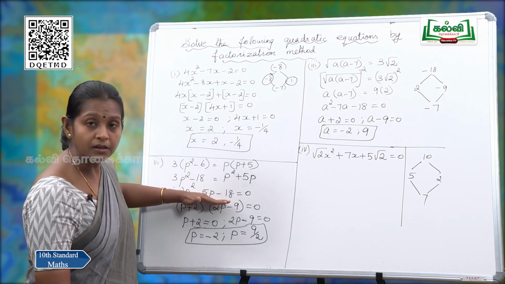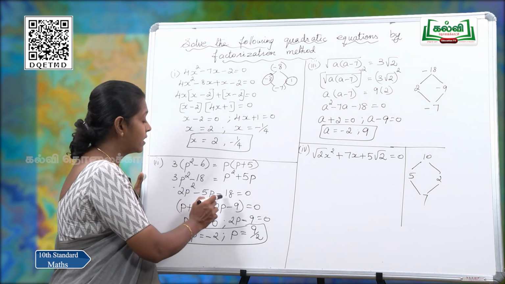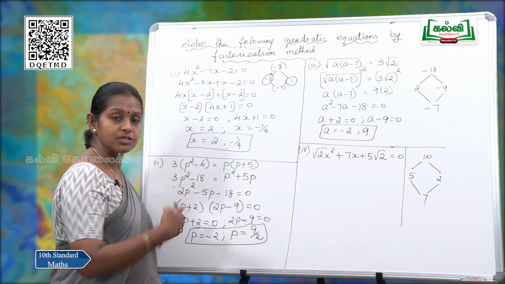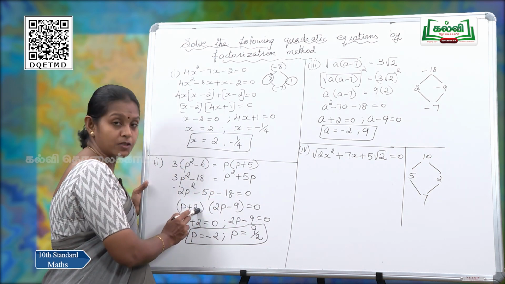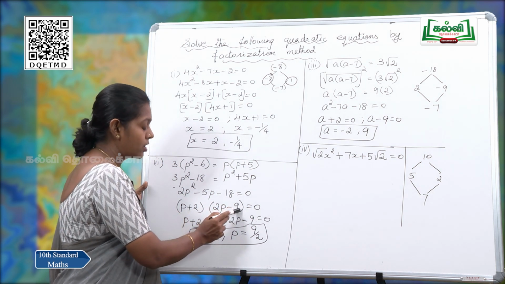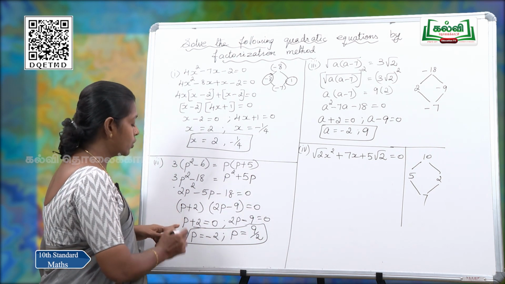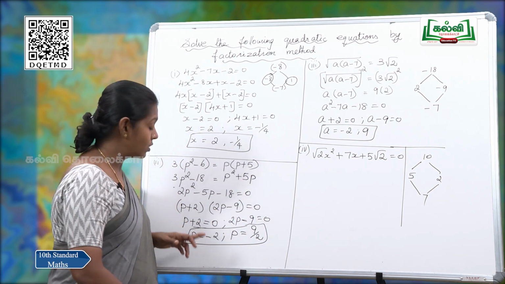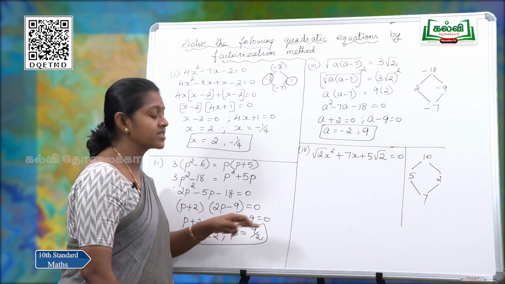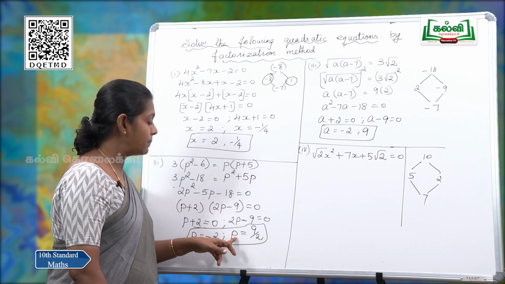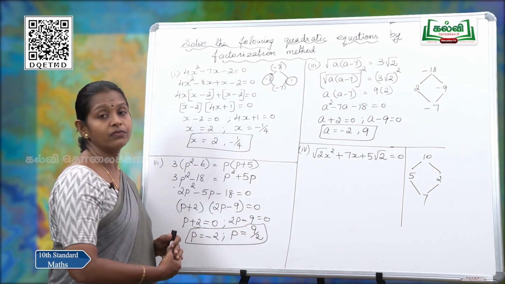So, see this equation. Is it looking like a quadratic equation? Of course. So, 2p squared minus 5p minus 18 equal to 0. Now, as usual, we have to factorize. So, if you factorize, you will be getting p plus 2, 2p minus 9. Both factors should be equated to 0. So, that you will be getting p plus 2 is equal to 0. That is why p value is minus 2. Next, 2p minus 9 equal to 0. That is why p is equal to what? Plus 9 by 2.